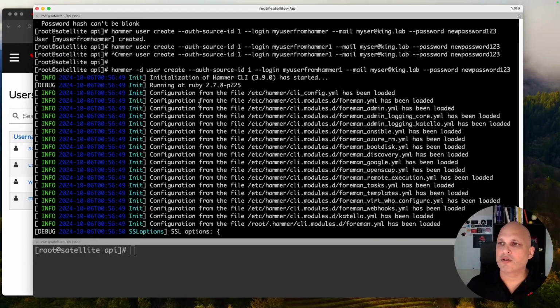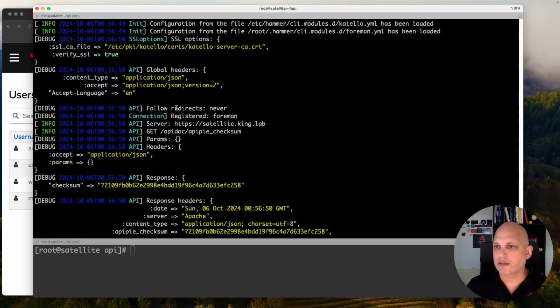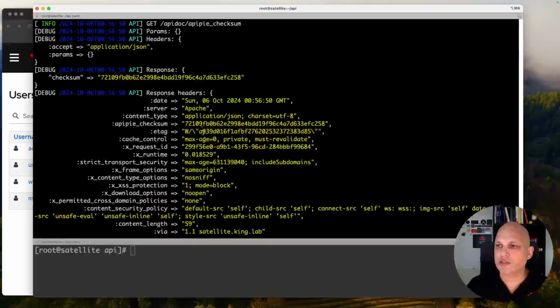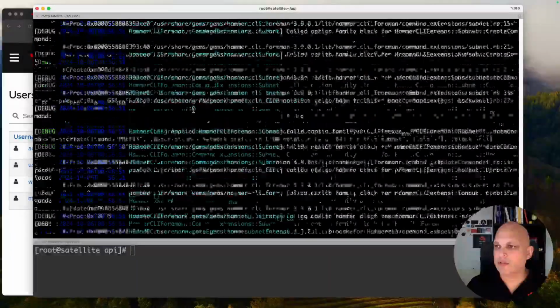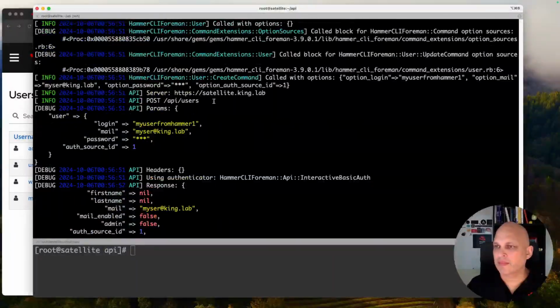Here we are. So you can see some loading. This is gonna check some information on Satellite. We'll load some additional modules, and check this out. We have the server, it is the Satellite server itself. We have the request, a POST to the endpoint